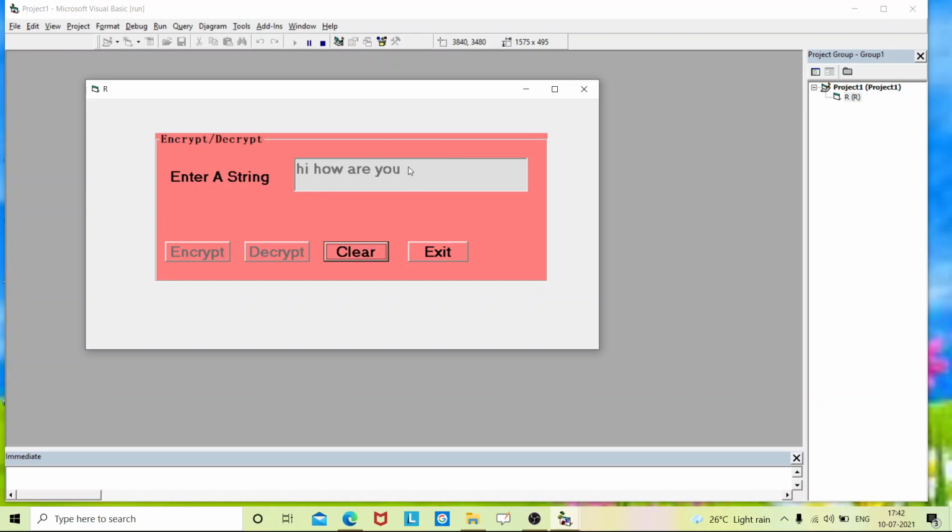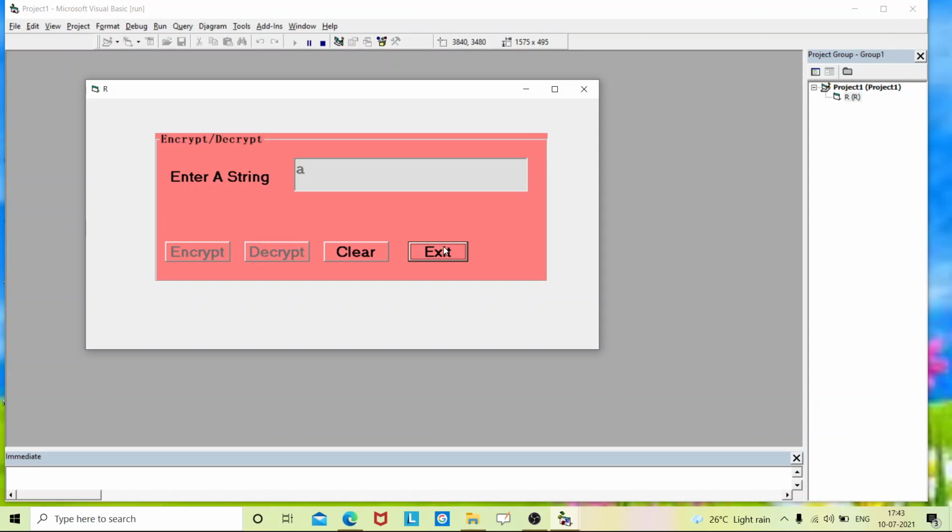If I click on this, my cursor is not coming here. So this is how it is disabled, and you cannot click on encrypt and decrypt. You can exit or else you can clear your screen. So it is cleared. Now you can click here. Now you can click here also. Like you can encrypt. So after encrypting, you cannot clear and encrypt, that is, you cannot press the encrypt button and clear button. After decrypting only, you can clear or exit. So I'll just press decrypt. Now you cannot encrypt and decrypt. You can clear and exit.